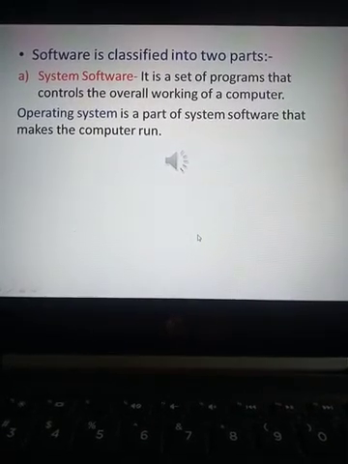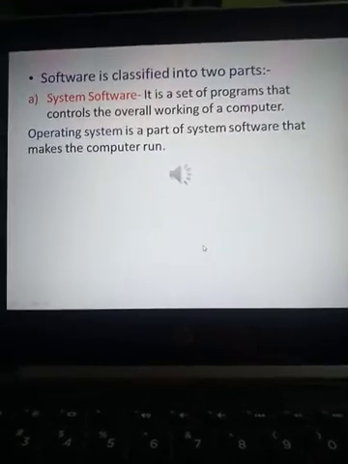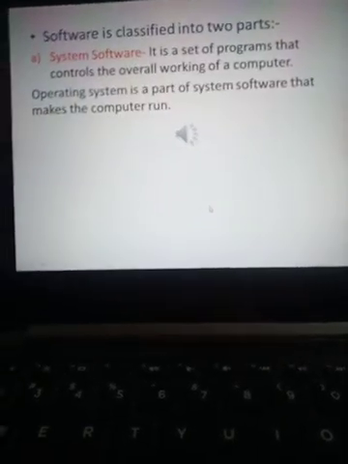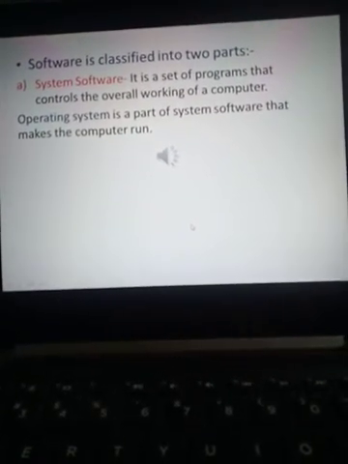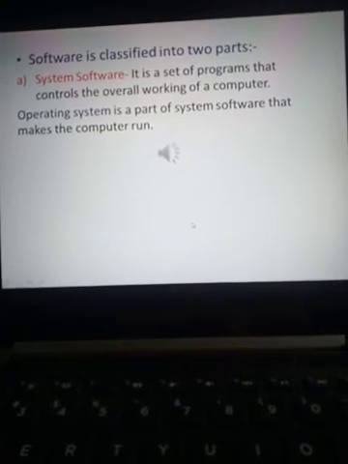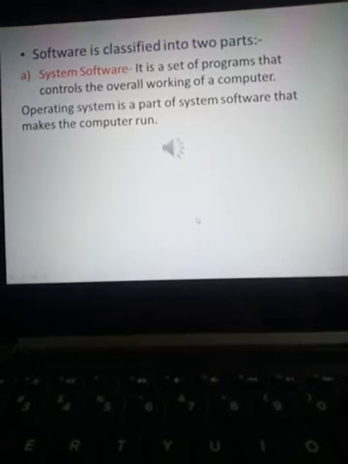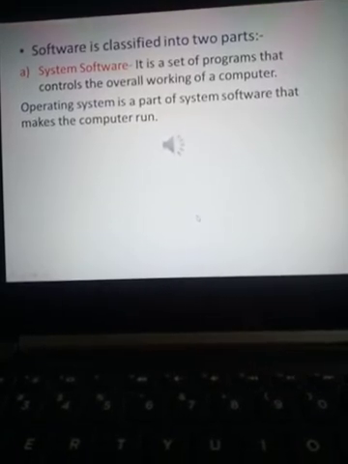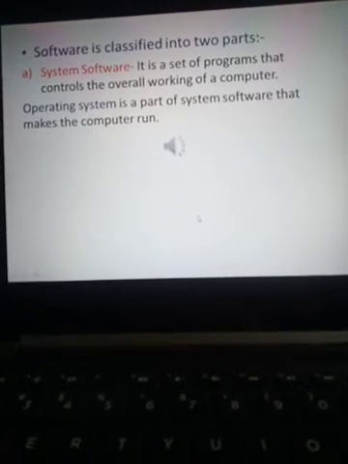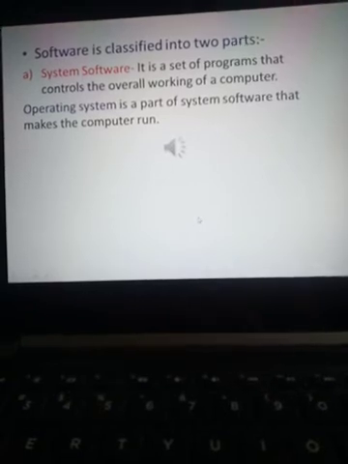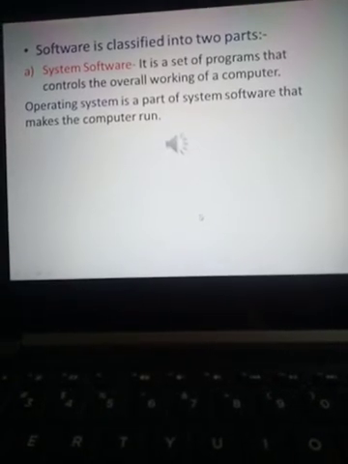Like, we have a car. We have everything in the car, like engine, petrol, everything. But to run the car, we need a driver. So the driver is the operating system of the car, which operates the car.